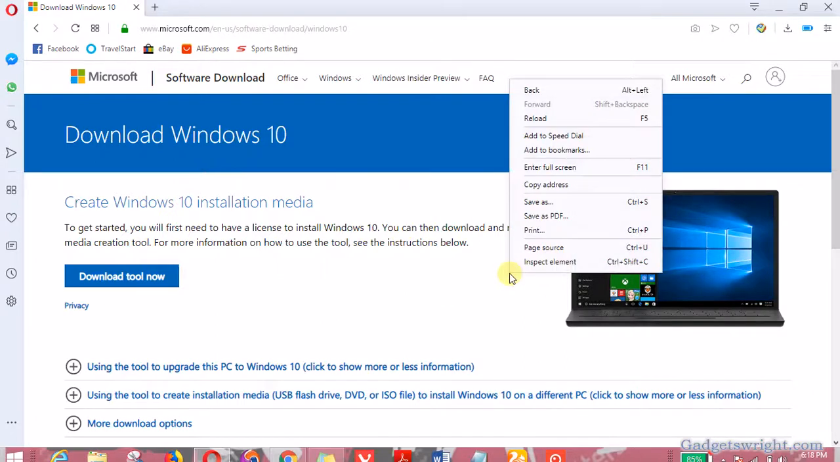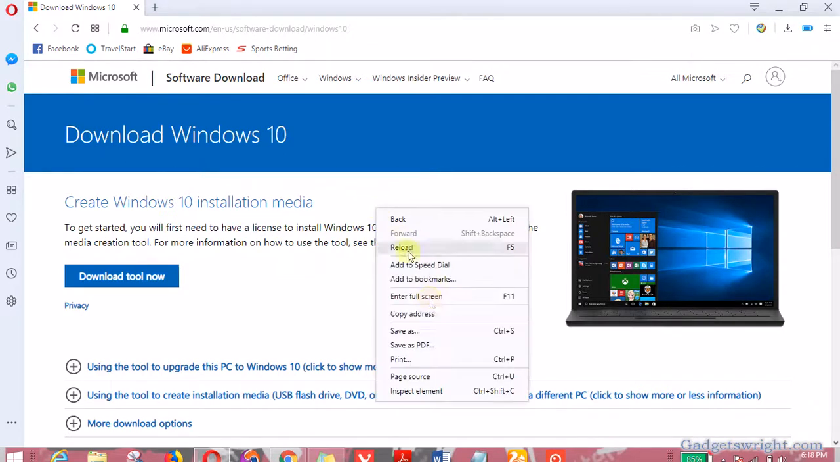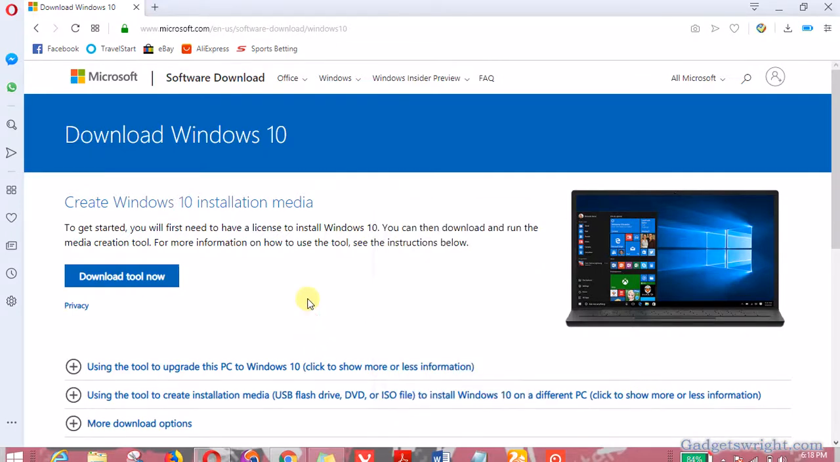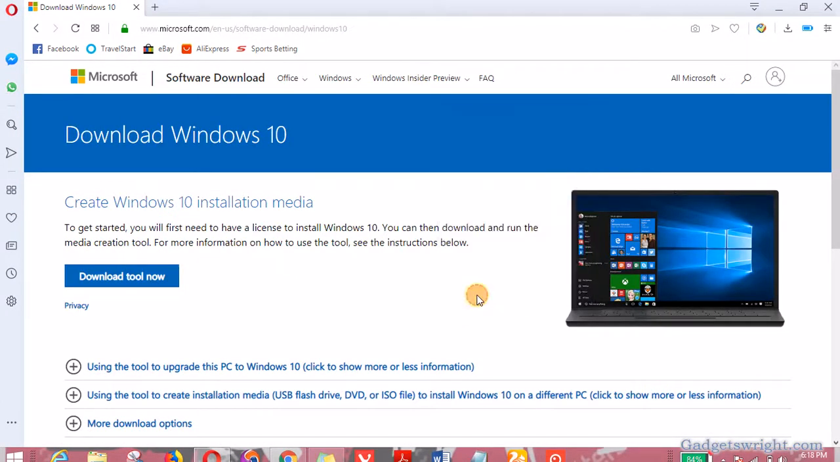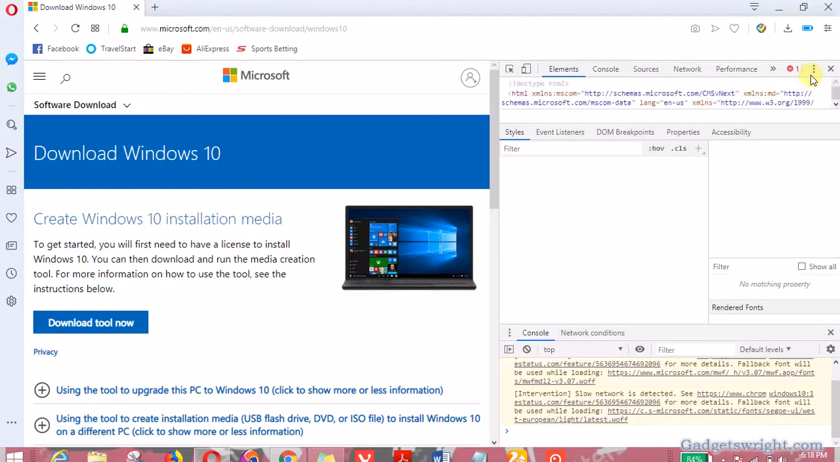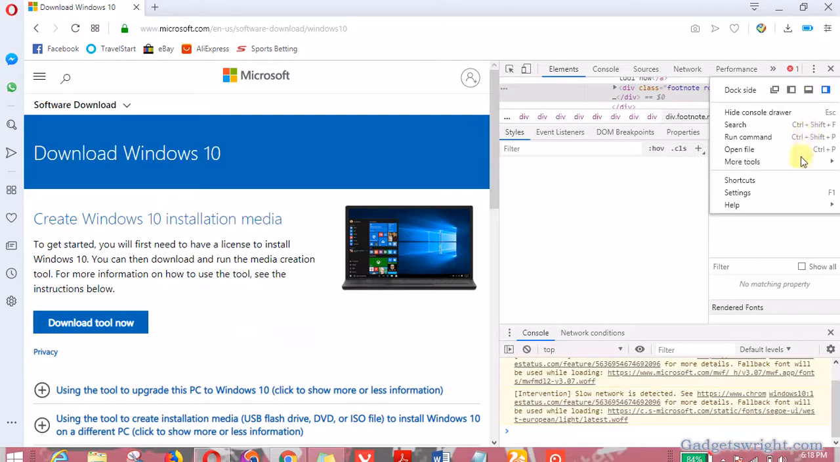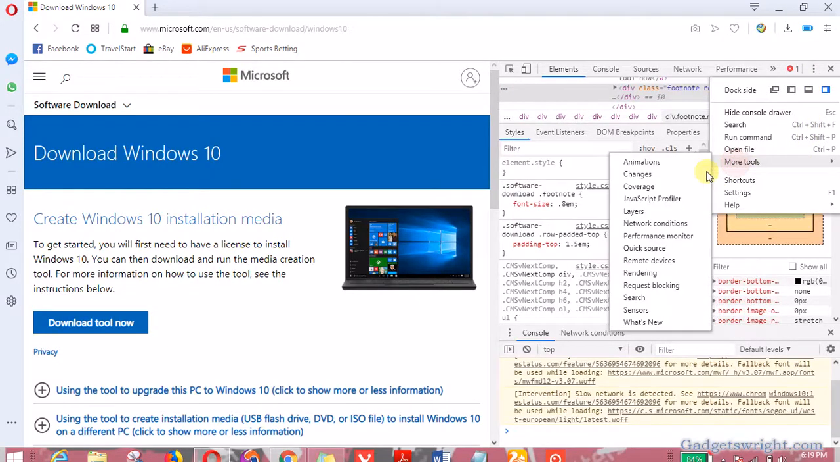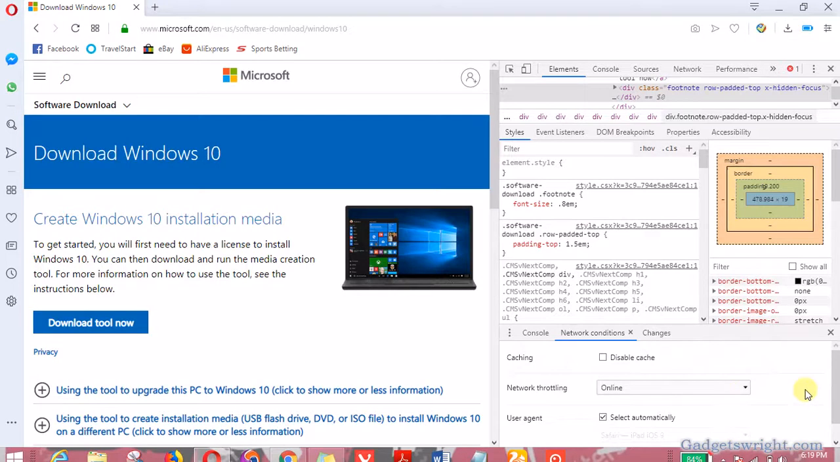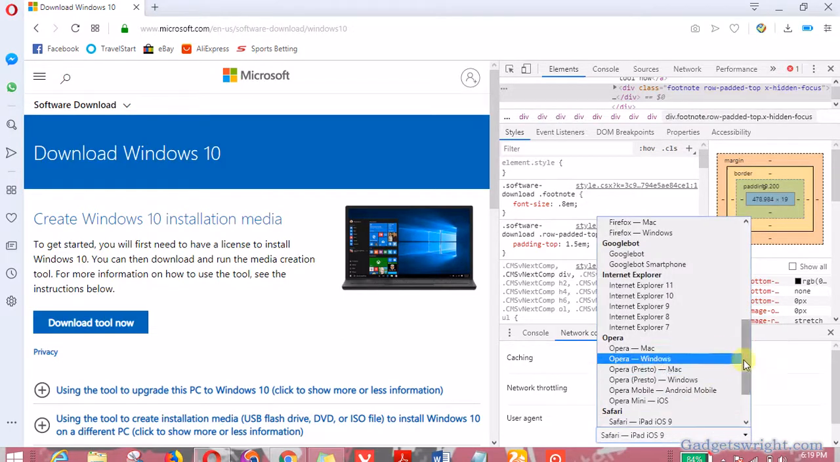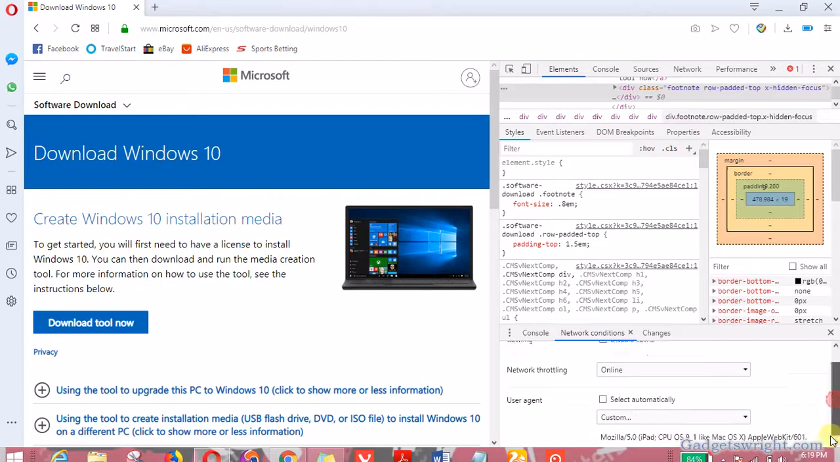So what you need to do is click anywhere on your browser, right click and click on inspect element. You can also press Ctrl Shift C to bring up your inspect element, as you can see. And you can also right click anywhere and click on inspect element. Now go to the more options, move to more tools and go to network conditions. Now you have this, then disable the user agent, then underneath it, by default you have the custom option, but you have to select